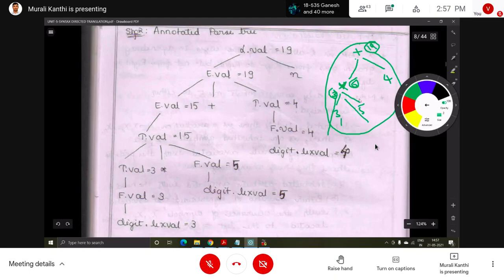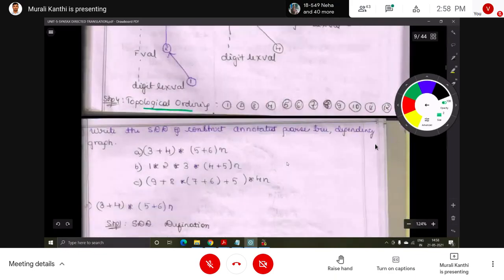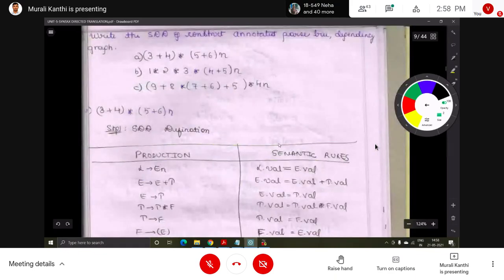Like this you can also draw roughly, but you don't draw this one roughly. Okay, this is one example. Like this we have many. You practice all of these examples.